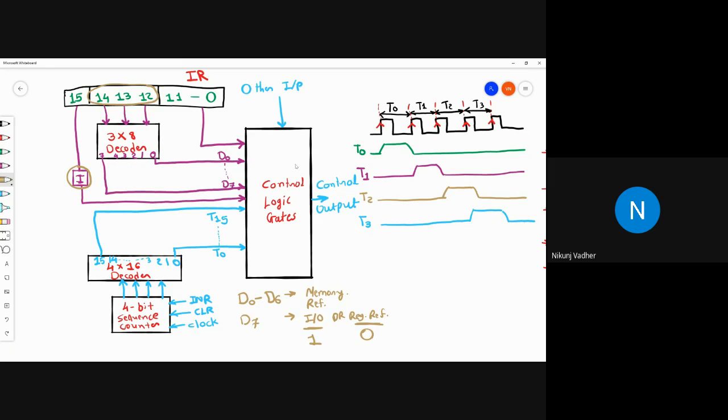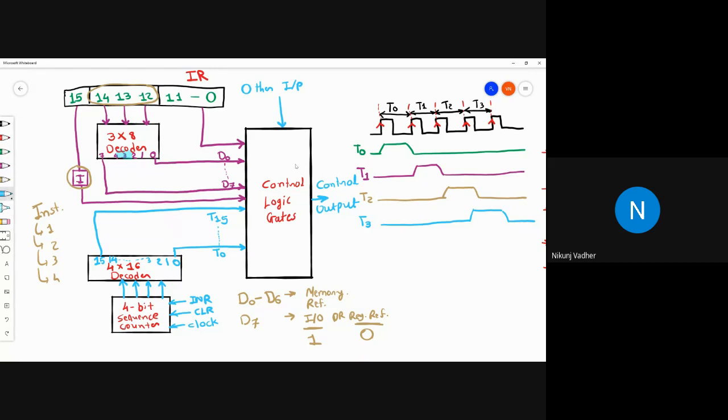Now, whenever an instruction is executed, that entire instruction will be divided into multiple steps. Let's say step 1, step 2, step 3, step 4. For example, we have one instruction, let's say D3.